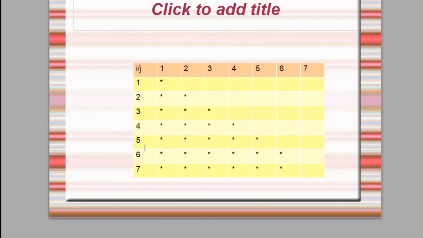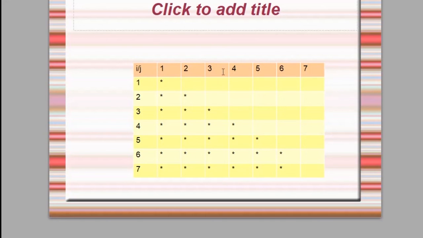So let us see the pattern here, how it was looking. In the first row I have only one star, and in the second row I am having two stars, means two columns were filled. Three columns got filled with the stars. If the row is 4, means the 4 columns were filled. Coming to the fifth row, 5 columns were filled with stars, means the i value and the j value relation is j is less than or equal to i.